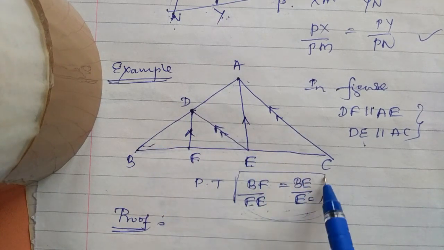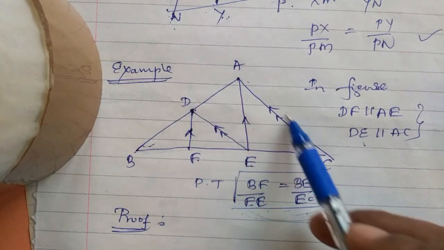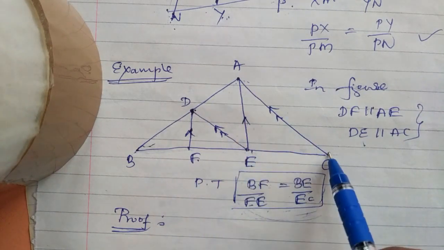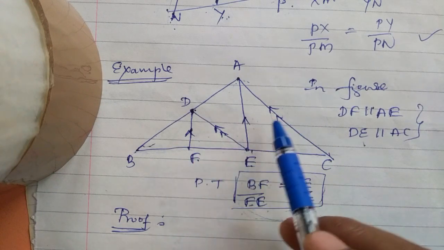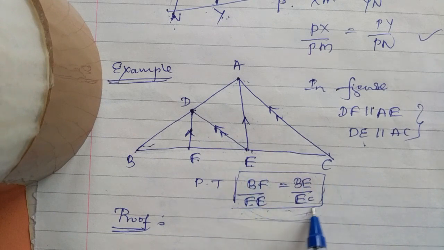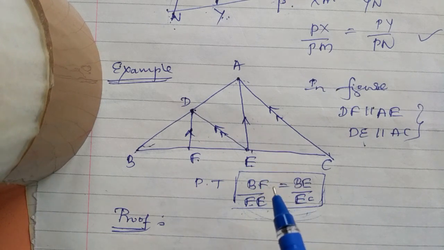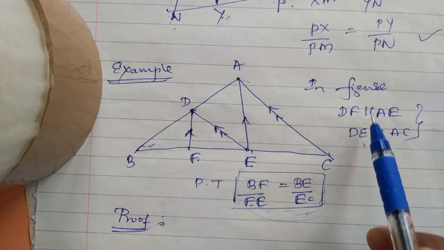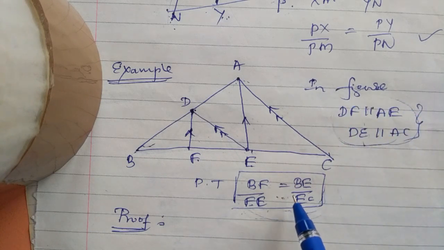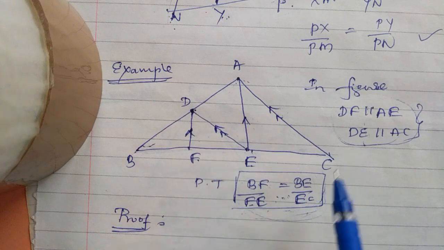Look at what is to be proved. The parallel lines are not included. Two sets of parallel lines are there, DF, DE, AE, AC, but they are not inserted in the proof. They are only given as parallel. These four parallel lines are not inserted in the proof. So therefore, we need to use BPT only. Suppose in what is to be proved, even parallel lines are also added.